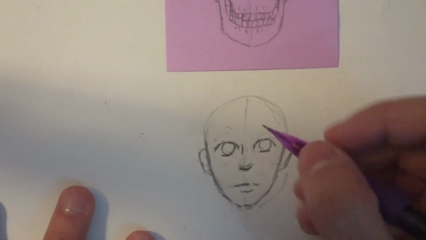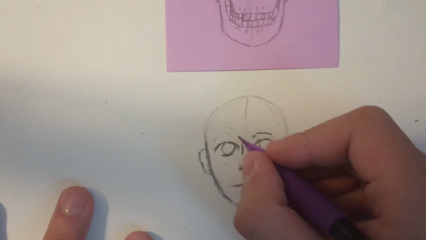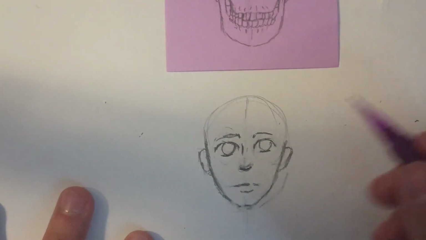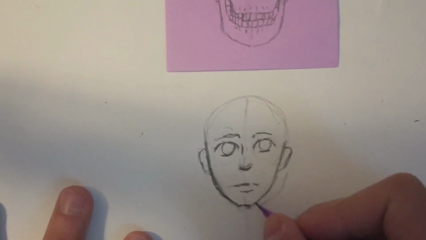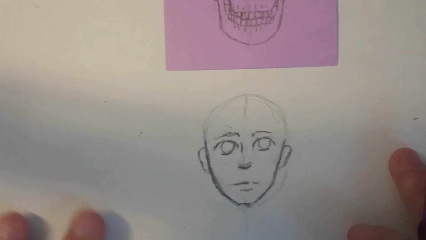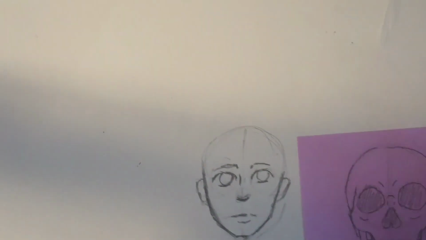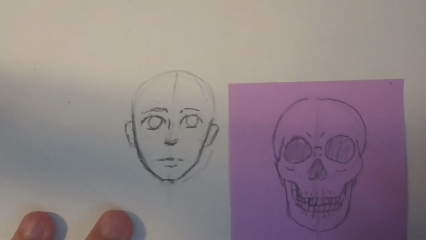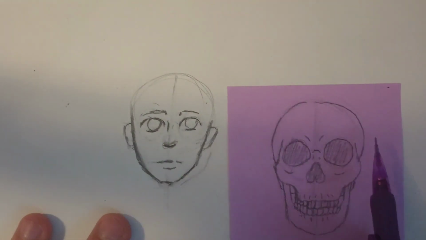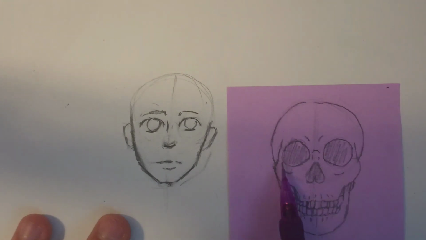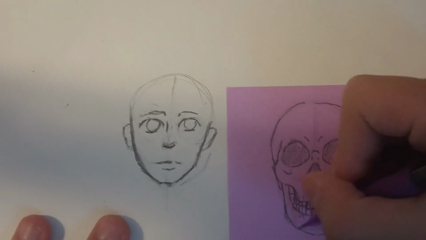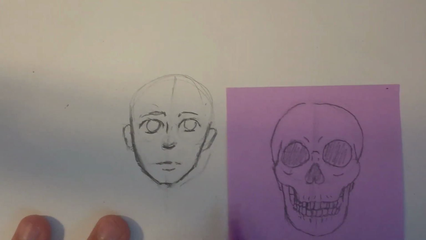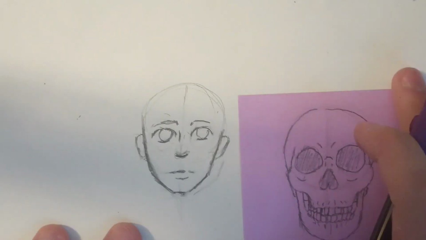So yeah, next is the eyebrows. And in this video, I'm not going to be touching on hair because that could be a separate video. So there you go. So we just have a plain normal face structure. You could see that there's the eyes where the eye sockets are, and it's not touching the sides. So there's the nose, and there's the mouth. This is more for realistic. So yeah,